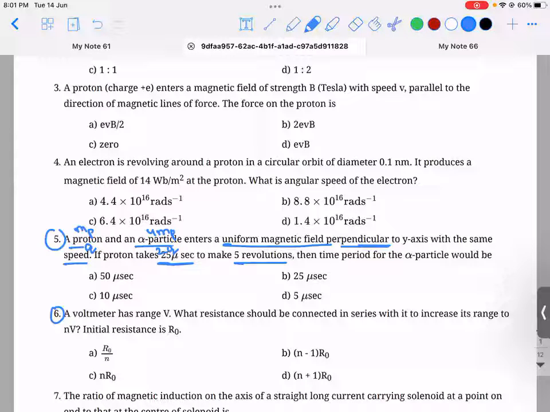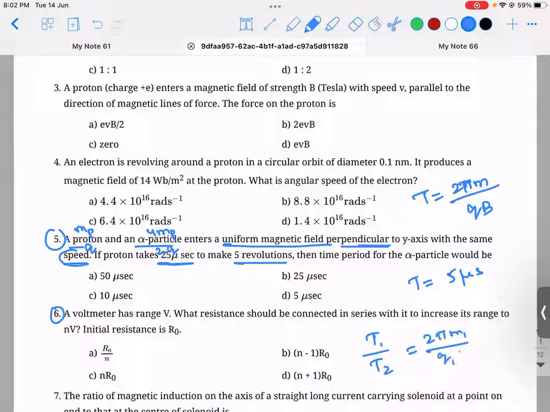First, the time period is 2 pi m divided by qB. You have this, no? So it is entering with the same speed. If a proton takes 25 microseconds to complete 5 revolutions, then what is its time period? The time period is 5 microseconds. 5 revolutions took 25 microseconds, so for 1 revolution it will take 25 by 5, which is 5 microseconds. So T1 divided by T2 is equal to 2 pi m1 divided by q1 B1